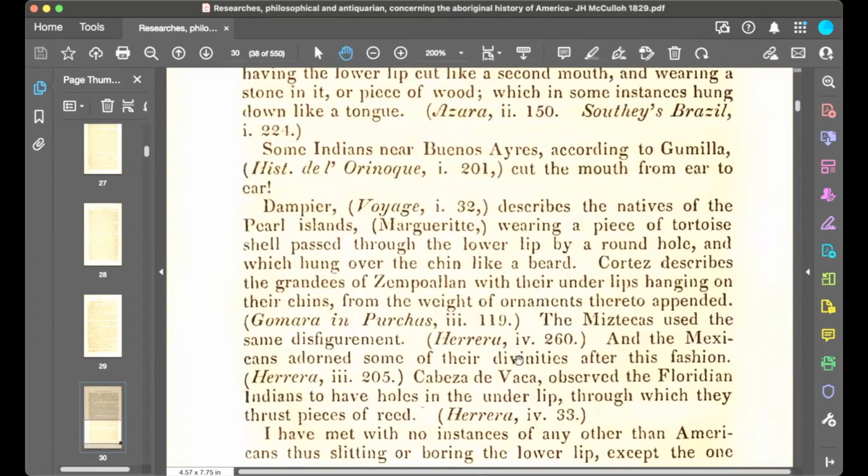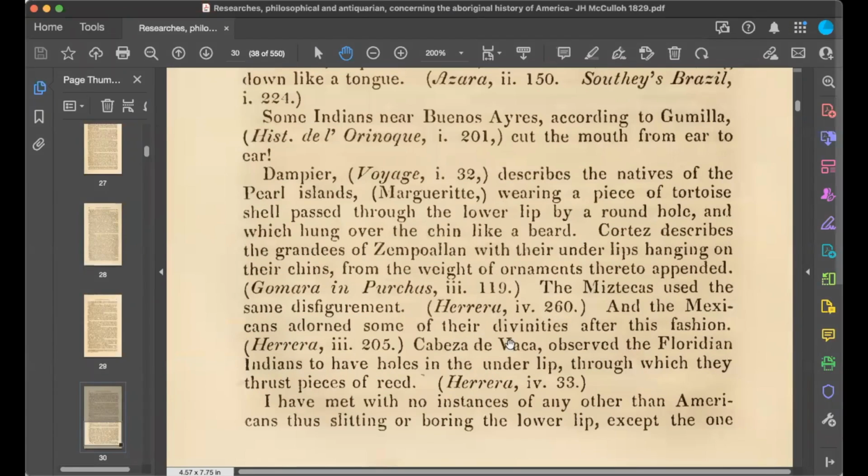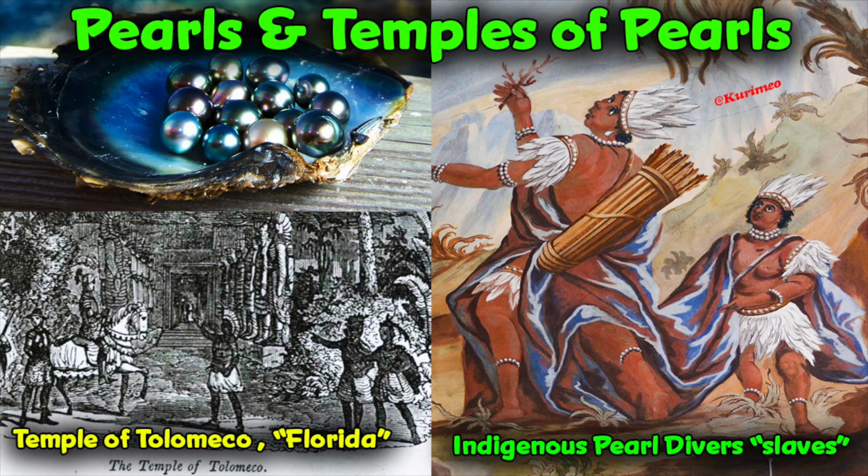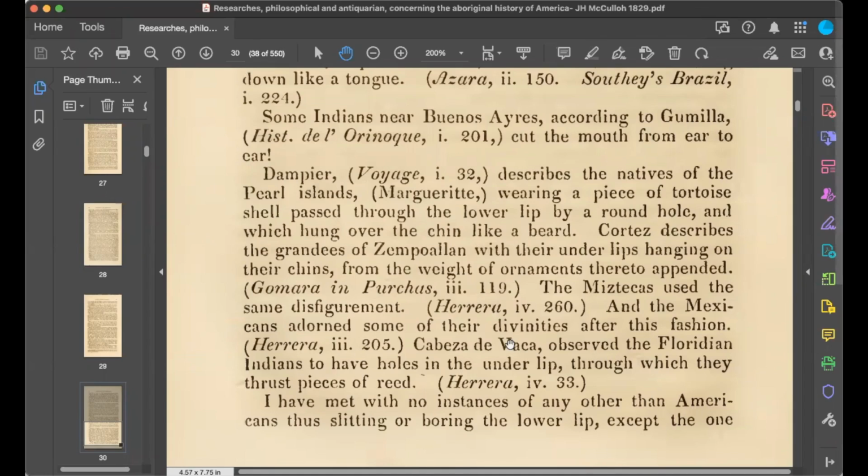Dampier describes the natives of the Pearl Islands, Marguerite Island, right? Remember that from the Pearl videos? This is what he's talking about, the people who were expert divers, and they were referring to them as so-called Negroes. Wearing a piece of tortoise shell passed through the lower lip by a round hole, and which hung over the chin like a beard. Cortes described the grandees of Sempoayang with their underlips hanging on their chins from the weight